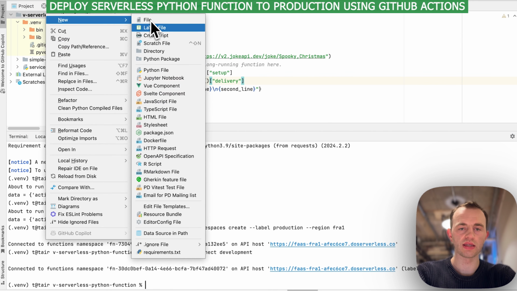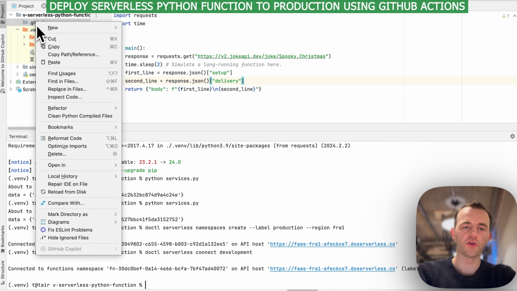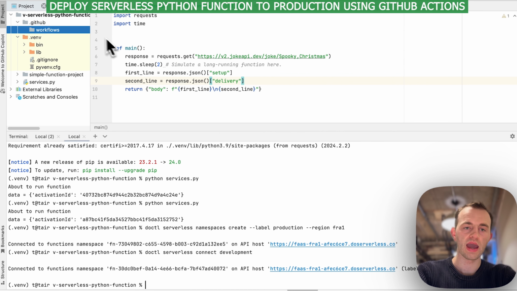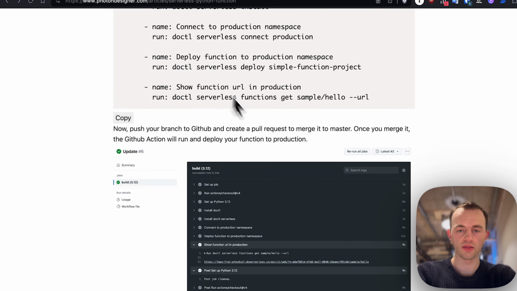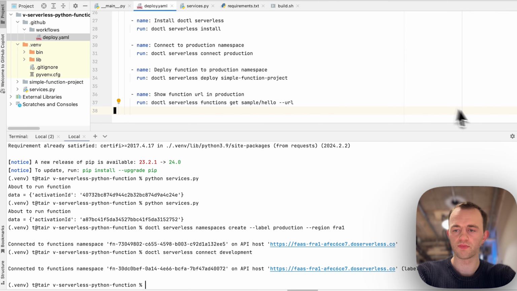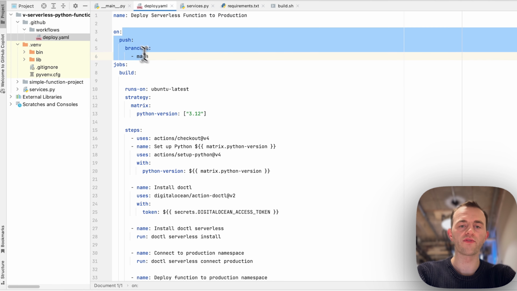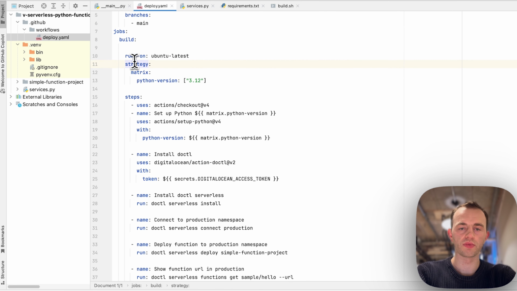The way you do that is by creating a series of folders. So you call it .github, and then a folder in that called workflows, and then a file in here, we can call it deploy.yaml, and then you paste in what I've just copied here. And this might seem a bit like magic, but it's really simple when you get used to it. This is the name, and then whenever you push to your main branch, it will then use